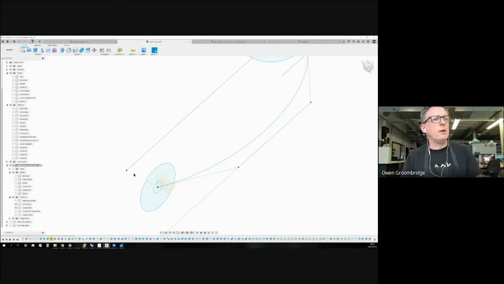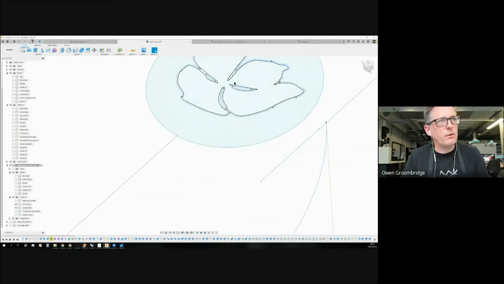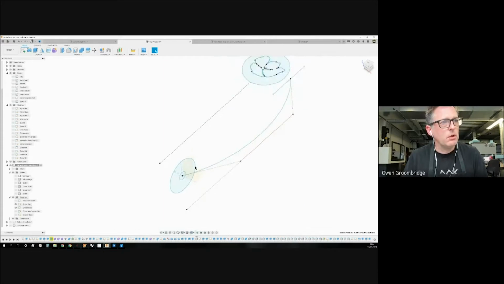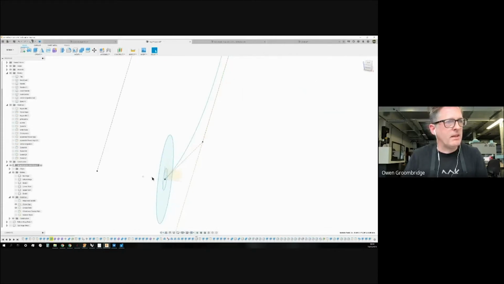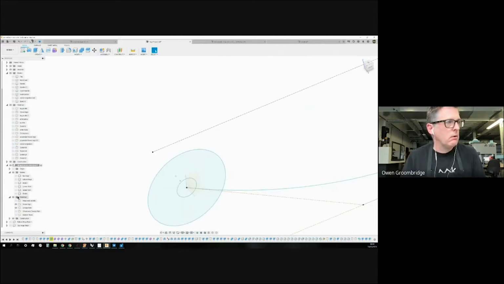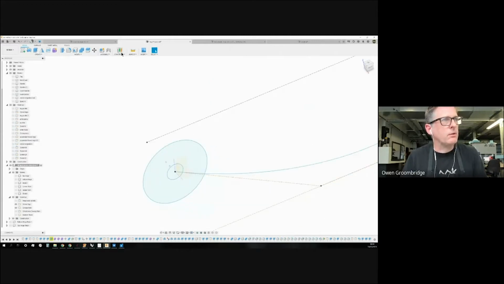I went a different way about it. I did it through 2 points: a point through the center of a circle and roughly at the end here, a midpoint that I roughly worked out. And sure enough, if you go to construct,